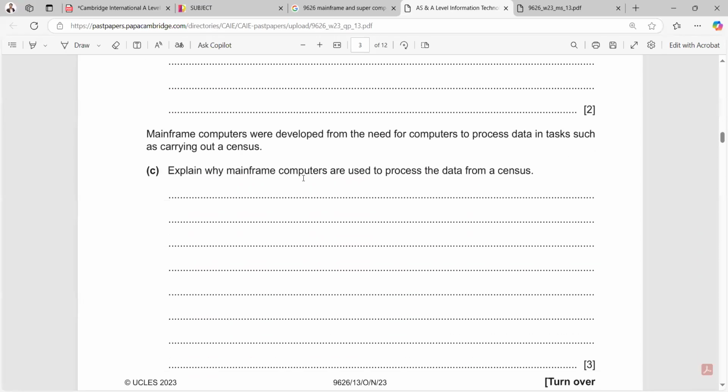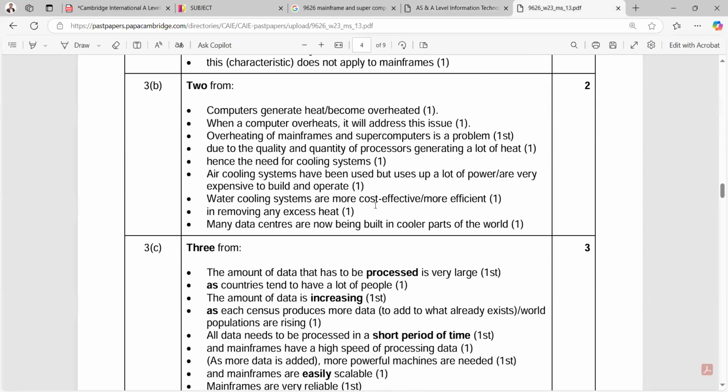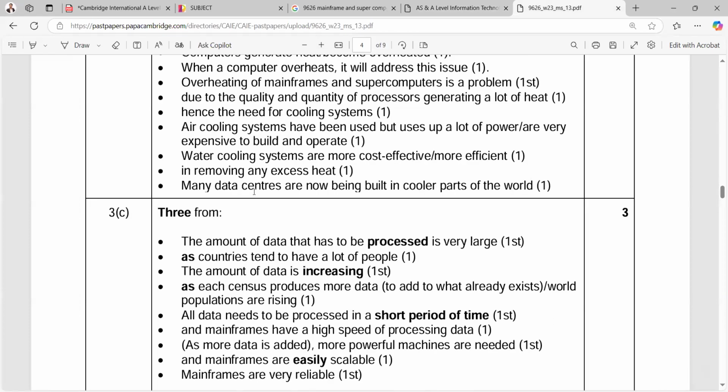After that, the C part says that mainframe computers were developed from the need for computers to process data in tasks such as carrying out the census. This is one of the points that we have to discuss. Mainframe computers are mostly used if you want to work with the census. So you need to explain why mainframe computers are used to process census data, for 3 points. First of all,